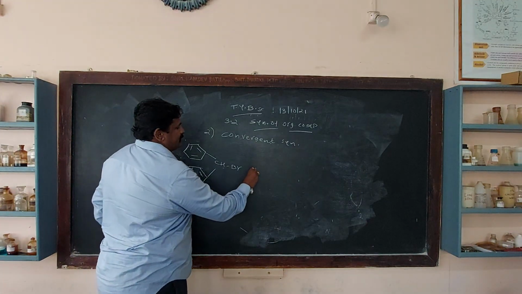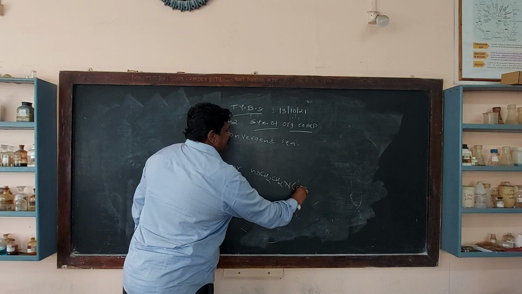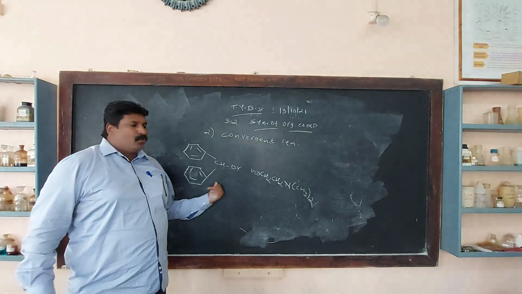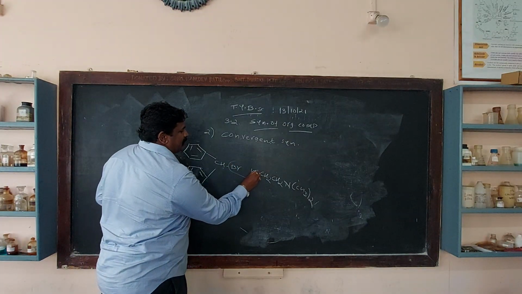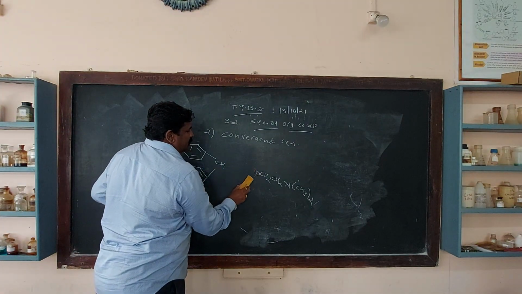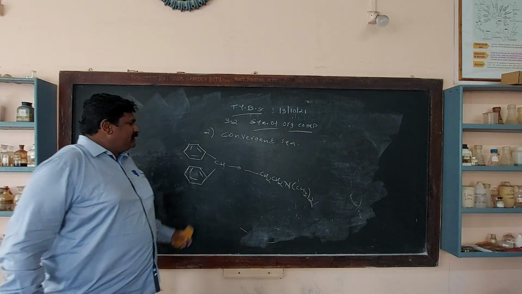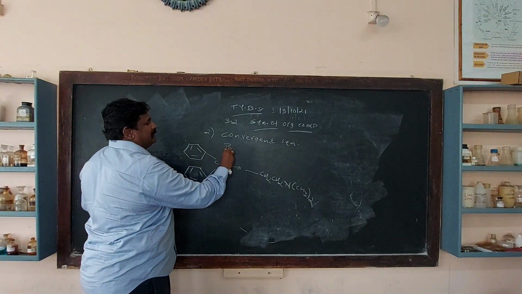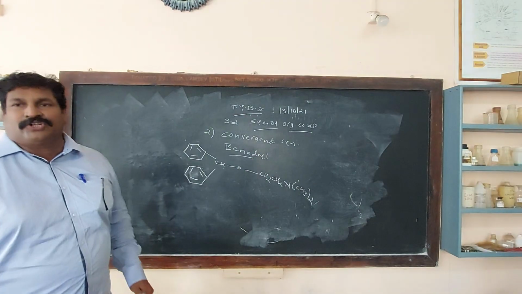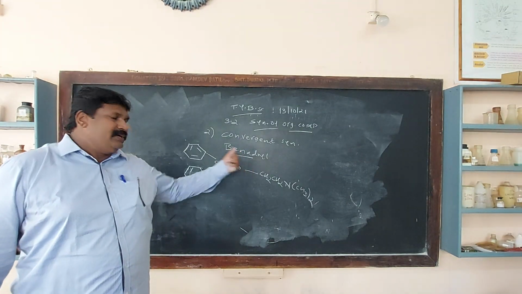Our step first is OH, CH2CH2N(CH3)2. Step number 1 combined with step number 2, removal of HBr. Okay, removal of HBr. So this CH is linked with O, the remaining product, that is formation of Benadryl. Formation of Benadryl is an example of convergent synthesis. Example of convergent synthesis, preparation of Benadryl.